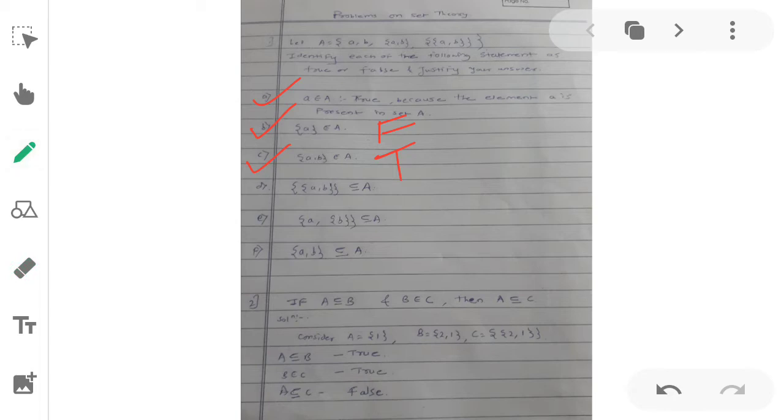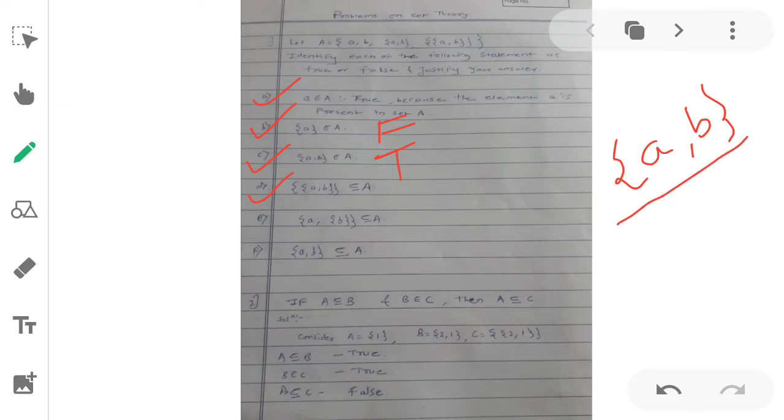Next, problem d. In that, we have to check whether {{a, b}} is a subset of A. The symbol changes here: {{a, b}} is a subset of A. So what we have to check is whether set A contains this set as an element.